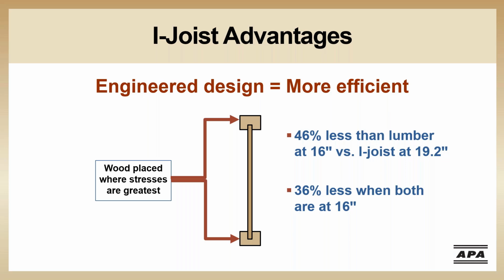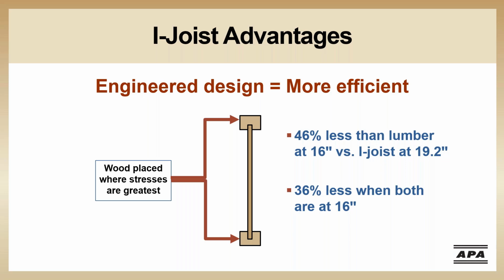Another advantage of the wood I-joist is the flange width. So the flange width is often going to be wider than nominal lumber. So what this will do is provide a larger target for fasteners to hit when you're sheathing floors or roofs with wood structural panels. Another advantage to the wider flange also means the sheathing can be spanning less between the joists. I-joists are typically manufactured in 4 common depths, which are